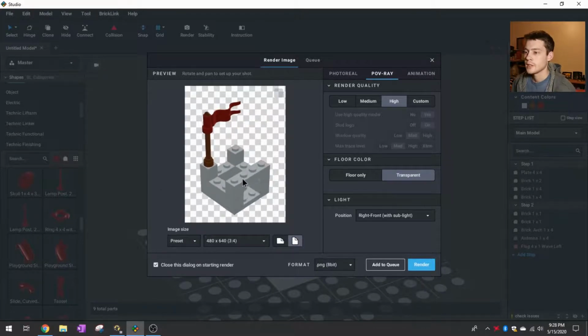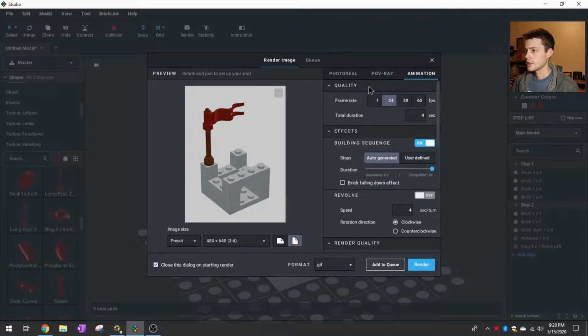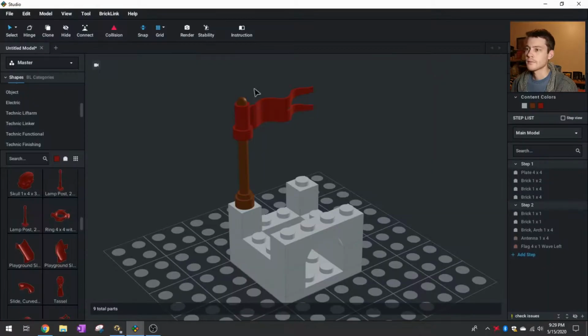So that's kind of the rendering capabilities of Bricklink Studio. Pretty nice. I think Lego Digital Designer had a way to do this, but I never took the time to figure it out. I never really used it, and so all of my rendering I now do on Studio. Apparently there's also an animation. I'm not going to pretend to know how to use this because I don't, but something in here to look into as well. Try to keep this video shorter as well. Okay,